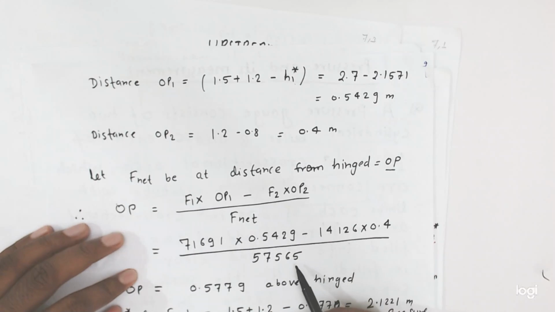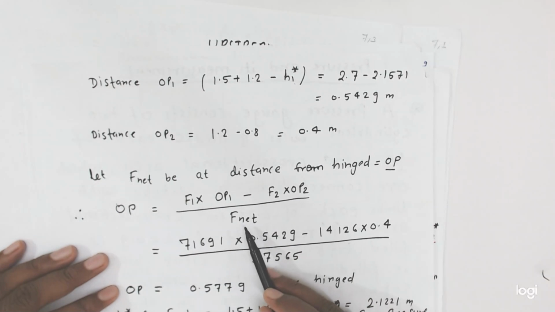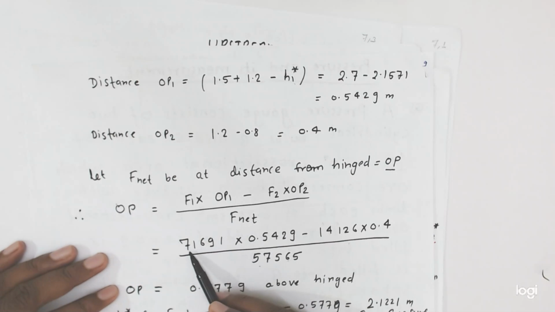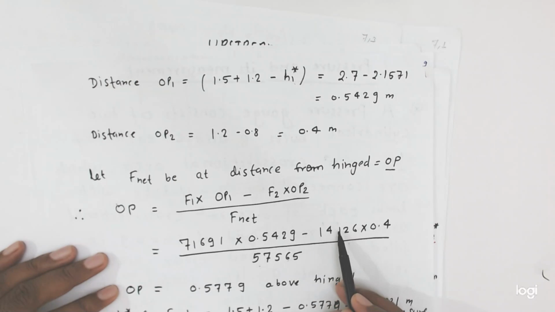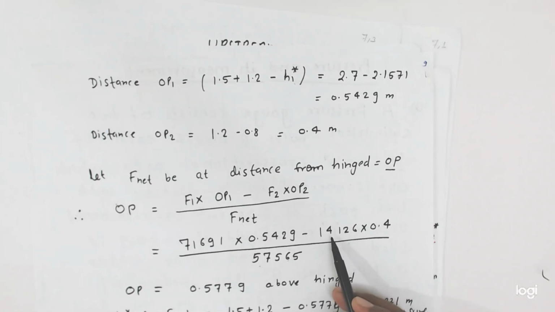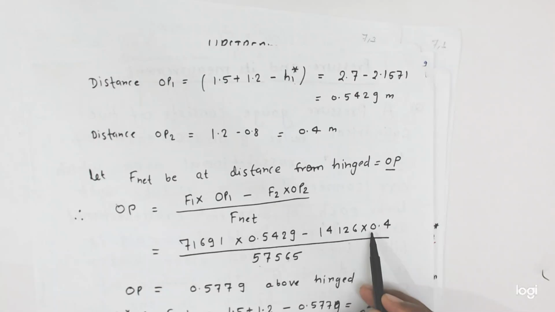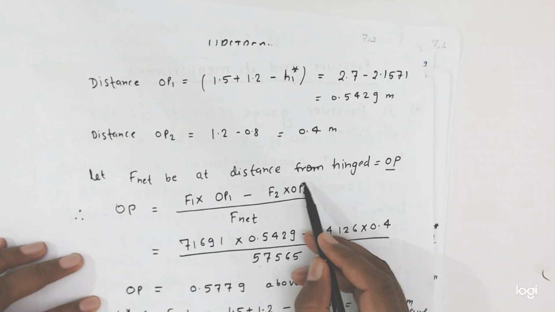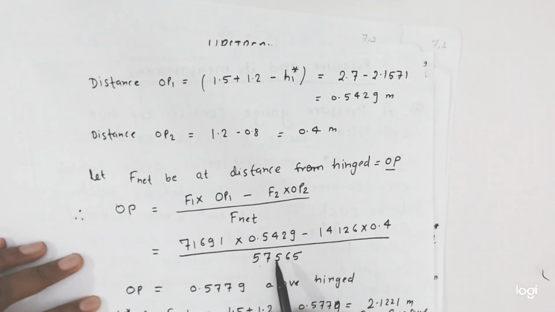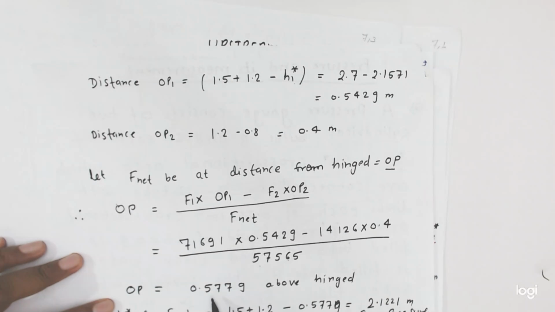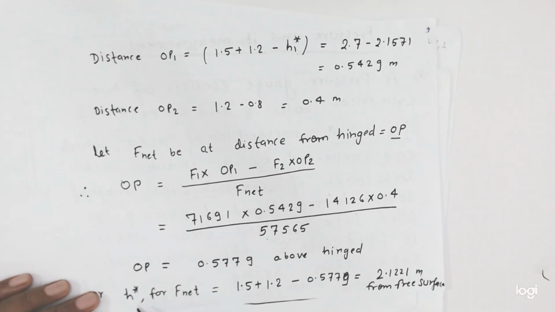So we know that the value of F net, we can say resultant net force, is equal to 57565, and this value already calculated, 71691, is the F1 value, into this is the OP1 distance 0.5429, minus this is the F2 value, force F2 14126 into 0.4, the OP2 value. So after calculating, friends, we will get the OP value is equal to 0.5779 above the hinge, or we can say H star value is equal to